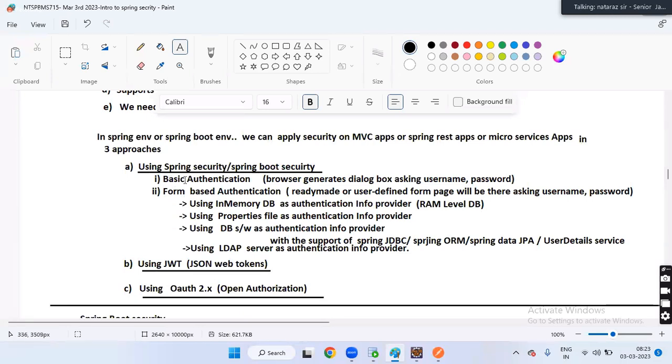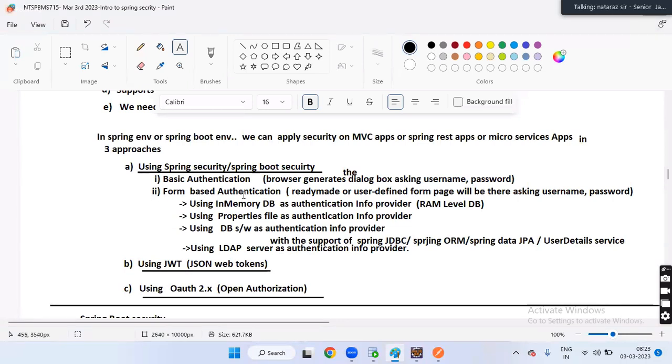In basic authentication, what happens, boss? The browser generates the dialog box asking username password for validation, right?